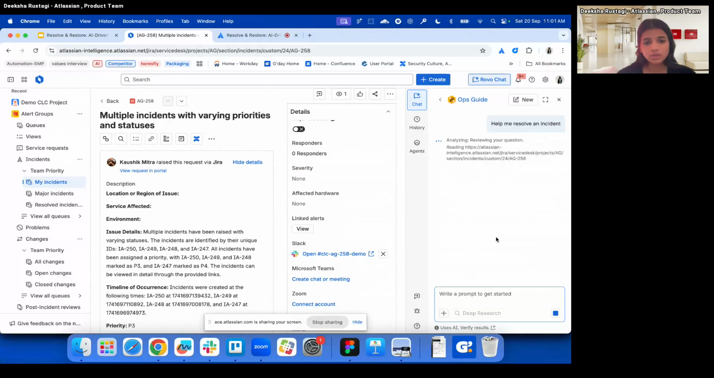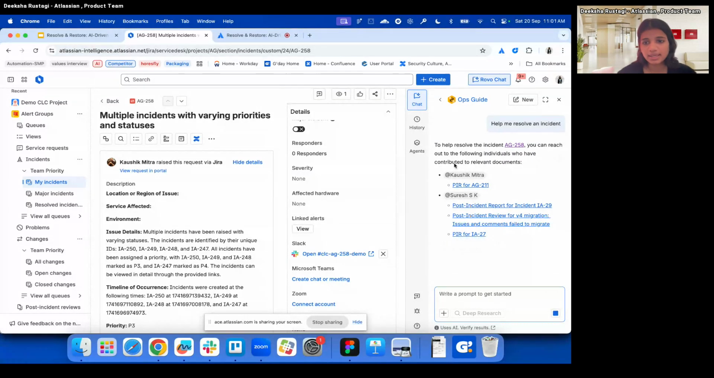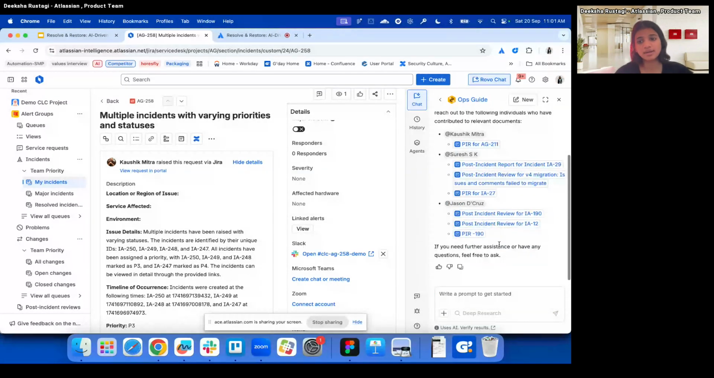It's going to do some assessment based on the past similar incidents, based on which type of responder solved similar incidents and what actions they took. So here it's saying you can reach out to these people, and these are the relevant documents that you can refer to, to help you resolve this incident. You can also say,